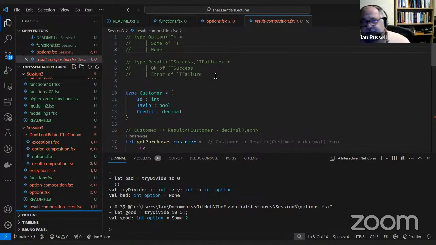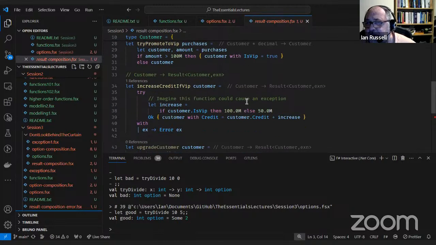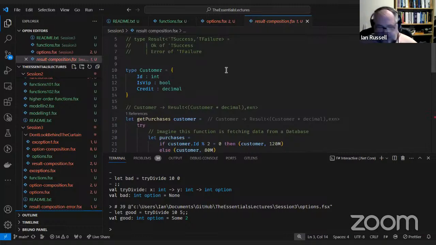Right, so this is using the example that we used last week of the customer, and then we've got three functions called get purchases, try to promote to VIP, and increase credit of VIP. But I've made them slightly different in that two of them return results.